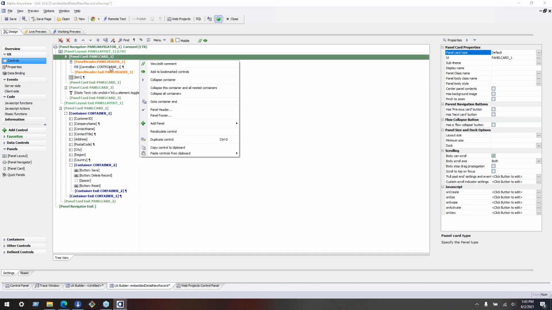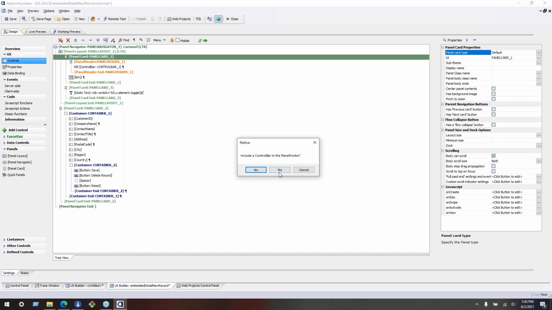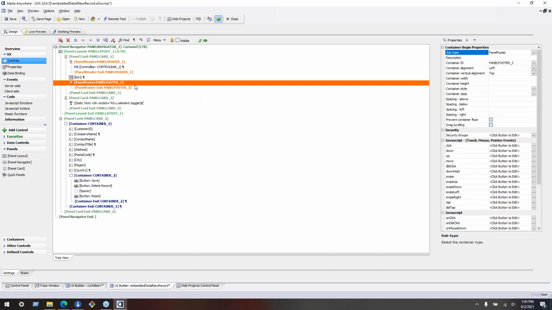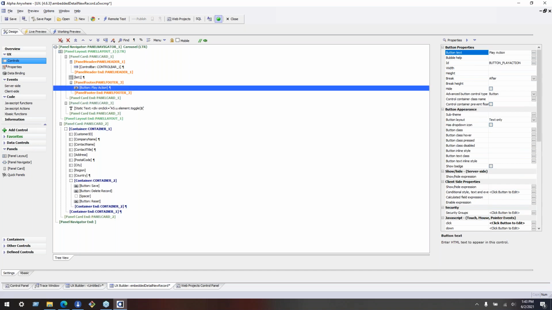Let's add a footer. No control bar. I'm going to select the opening control tag and hit Control V. That's going to paste it after the selected control, and this is going to play that action that I just made. So if we go into live preview,